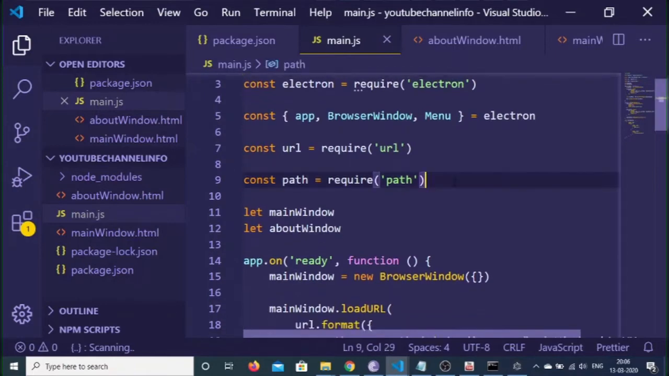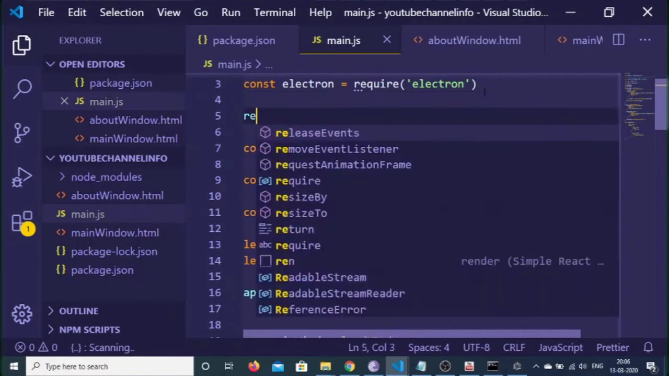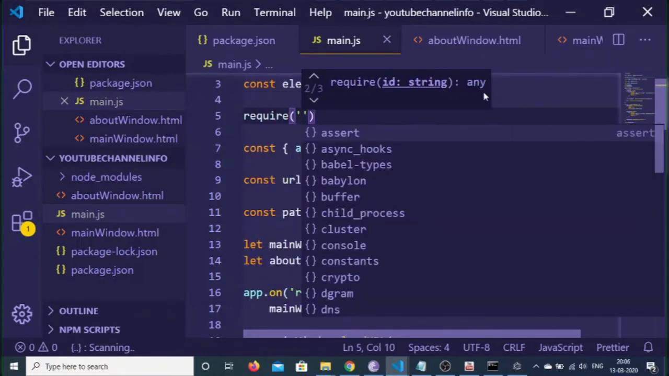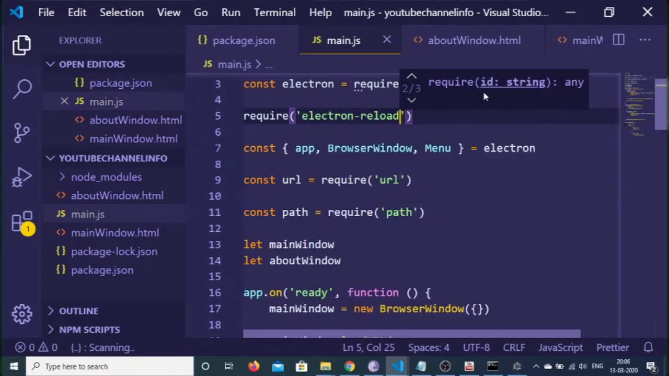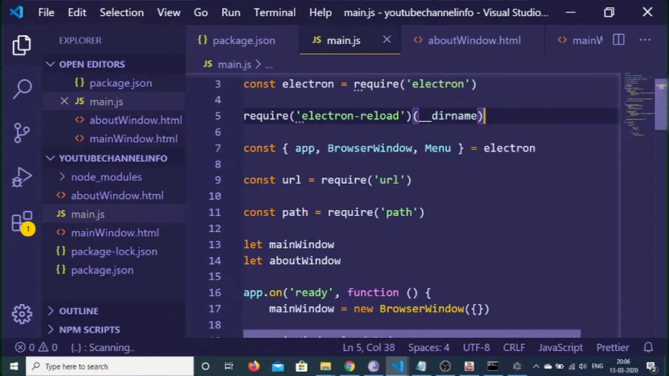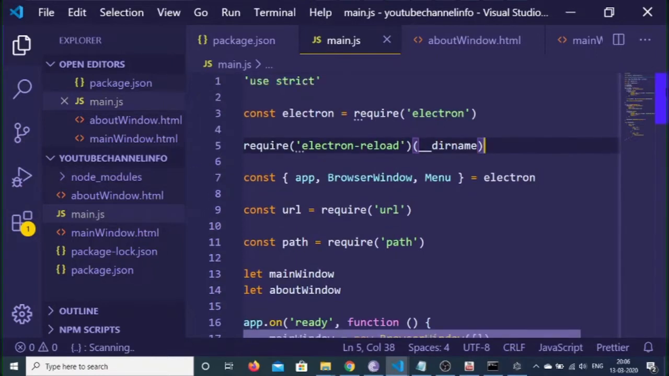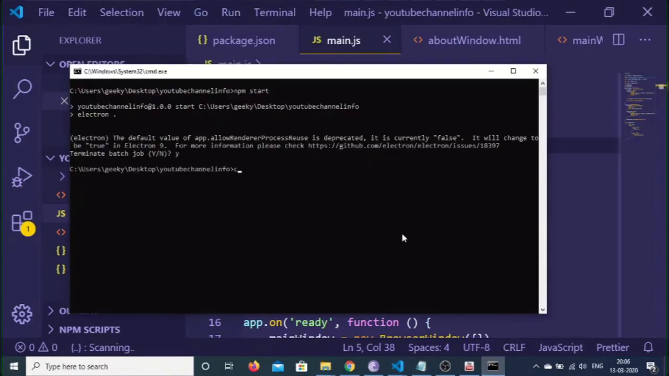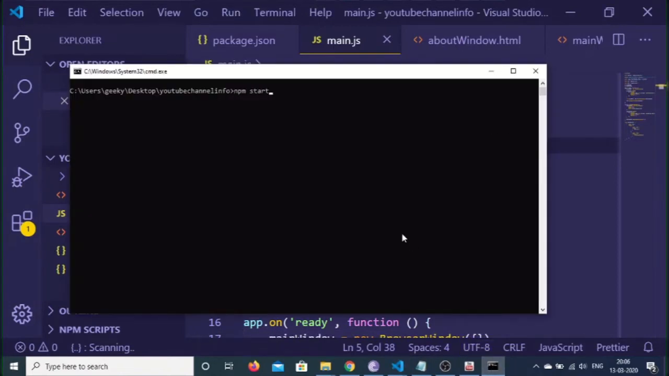So after this, you can just write require, and after that you need to require Electron reload like this, and then you just need to write dir name like this. So basically it will watch for any kind of changes which are done with this directory name that we have passed here. So now if you just restart the application once again, npm start,